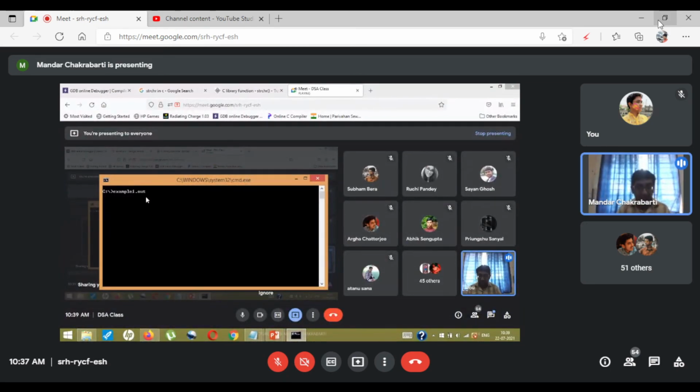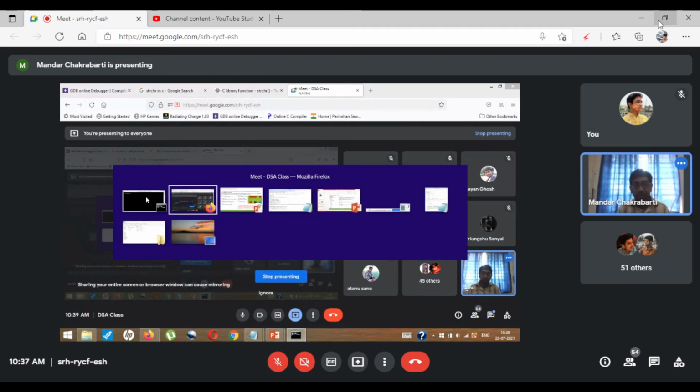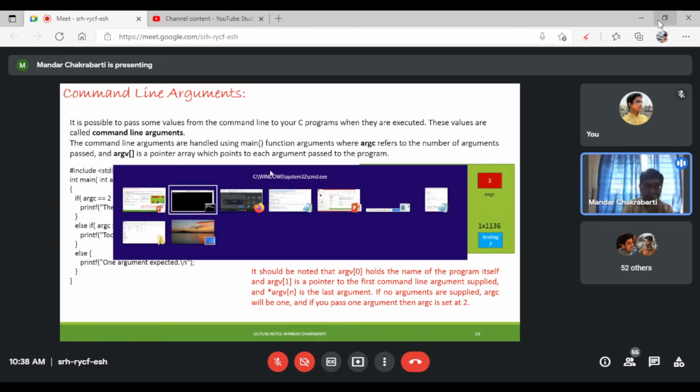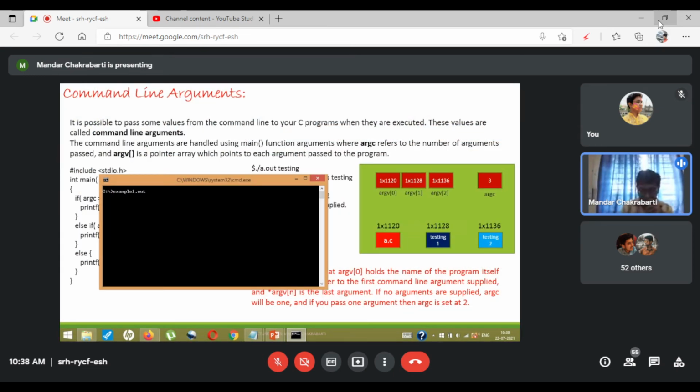Here it is given as a.out. A.c was the name of the file. Once it gets compiled, it creates an output file, and that output file is named a.out. So usually when we run these codes from the command line, we just write a.out.